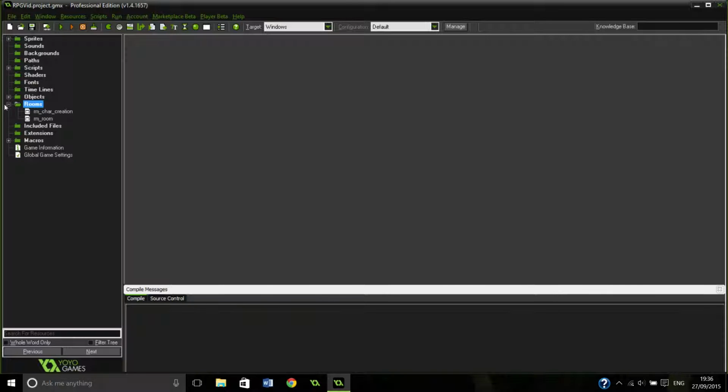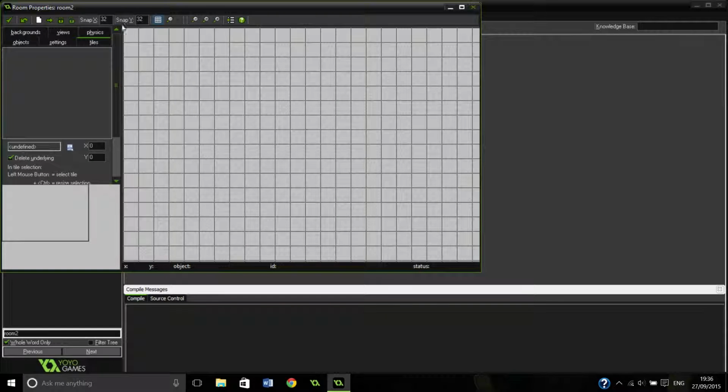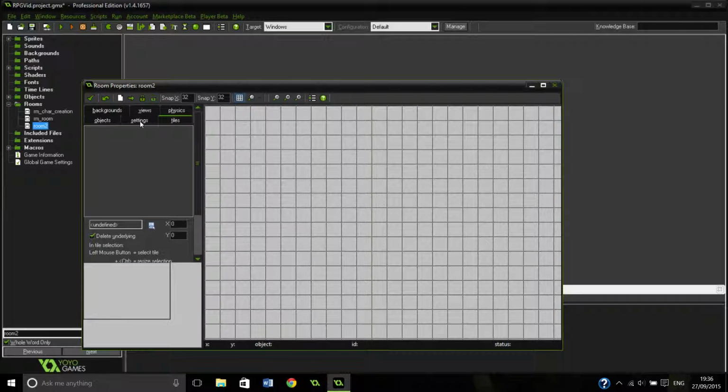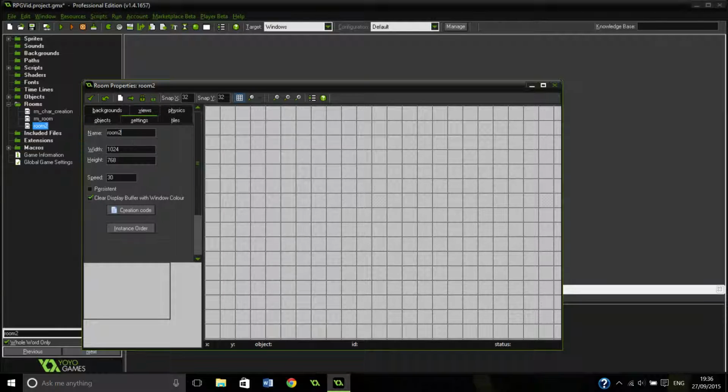I haven't planned for this really, so I'm just going to be making it up as I go along. So I think the first thing we're going to do is make a new room. And we're going to call it room start screen. Oh, spelled that wrong. Screen. And it's going to be